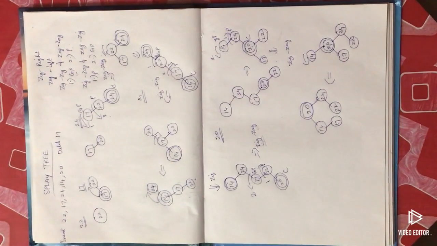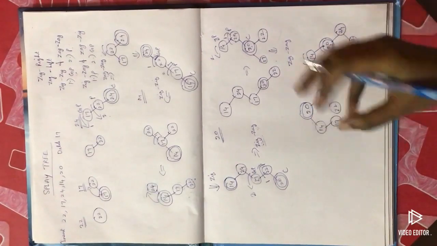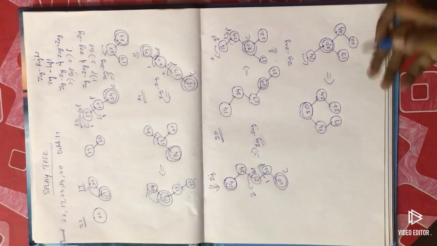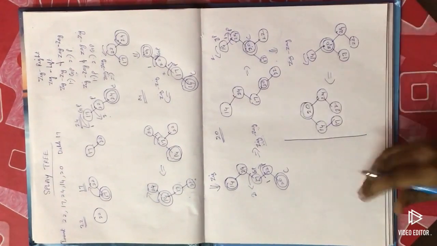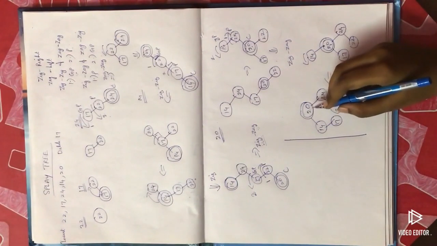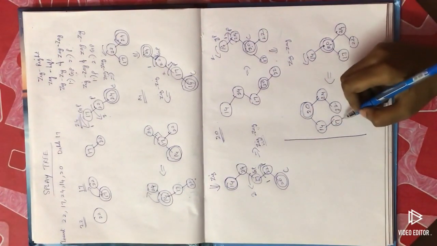Okay. So now we are going to delete the element 17. For deleting the element 17, again what do we have to do? We have to splay that element to the root. Deletion or whatever operation we are going to do, that element should be made the root. Then only we can follow the operation. To splay this element to the root, we have to follow zag-zig rotation.